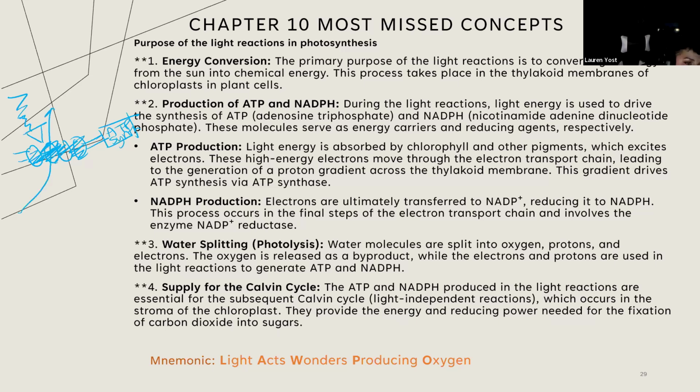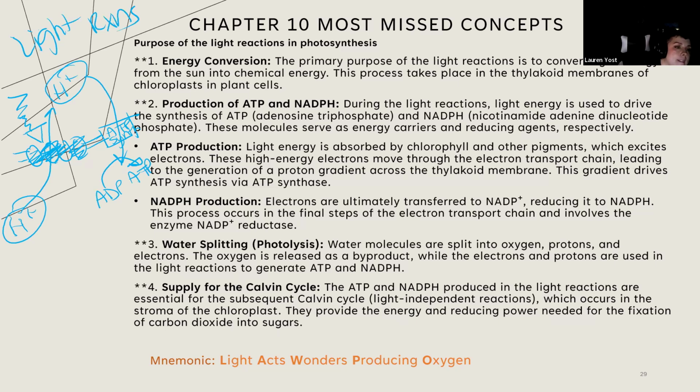When that happens, you can move our protons back out. And then those guys can come back in and allow you to do your ADP to ATP stuff. This is essentially what the light reactions do in photosynthesis. In the light independent reactions, you're essentially taking this ATP or the dark reaction,